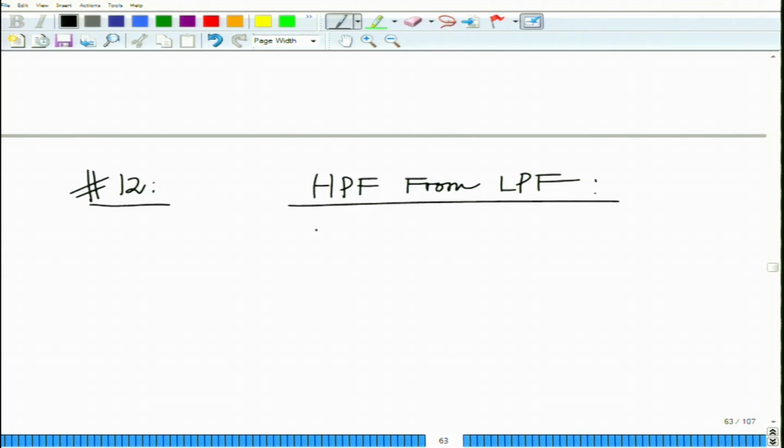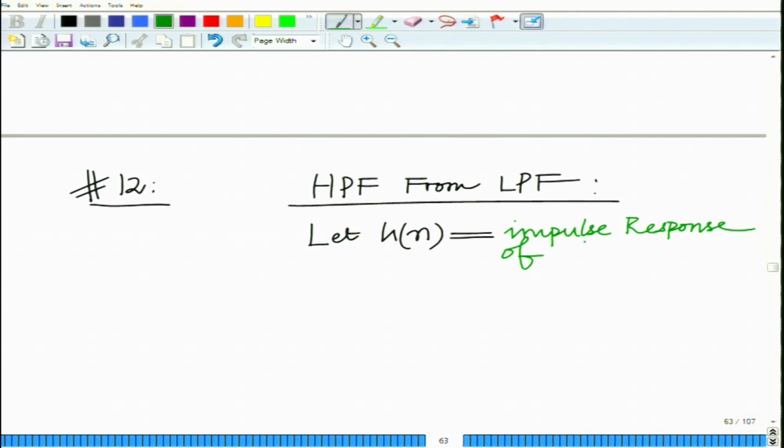Okay. So, let h[n] be the impulse response of an ideal LPF, low pass filter,